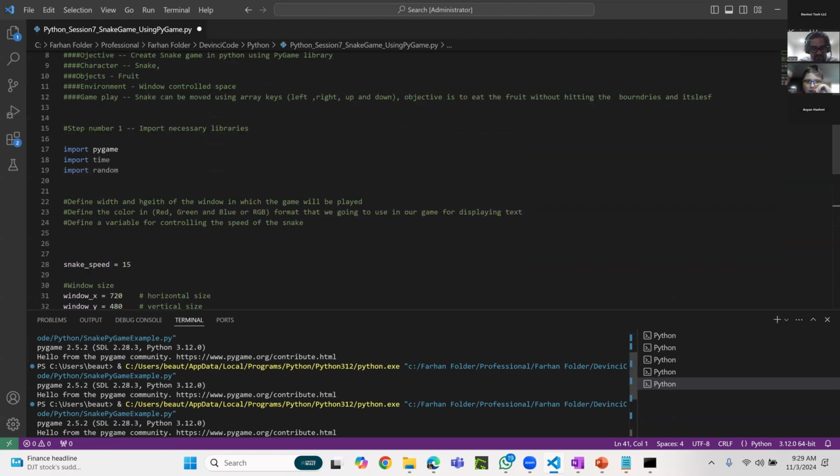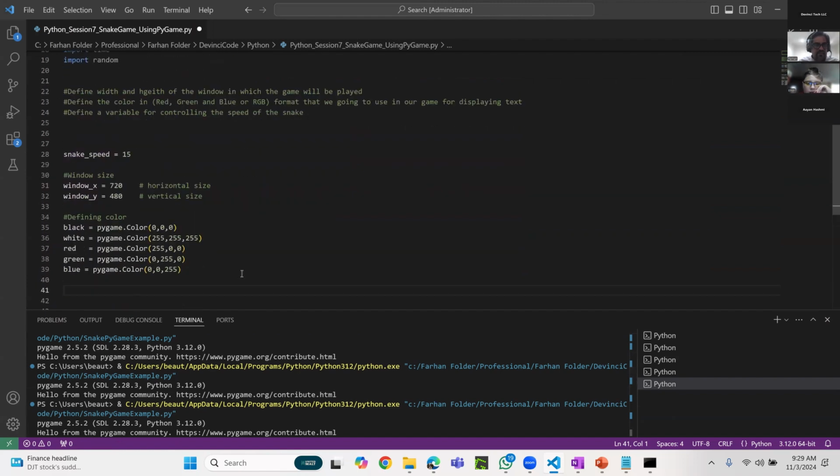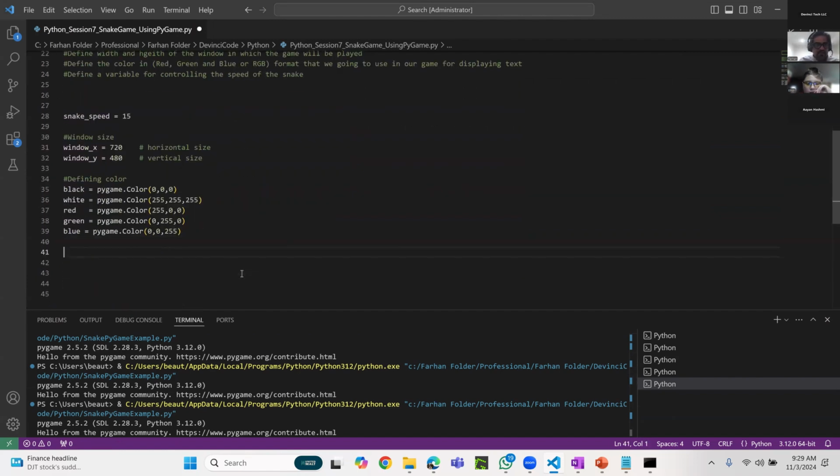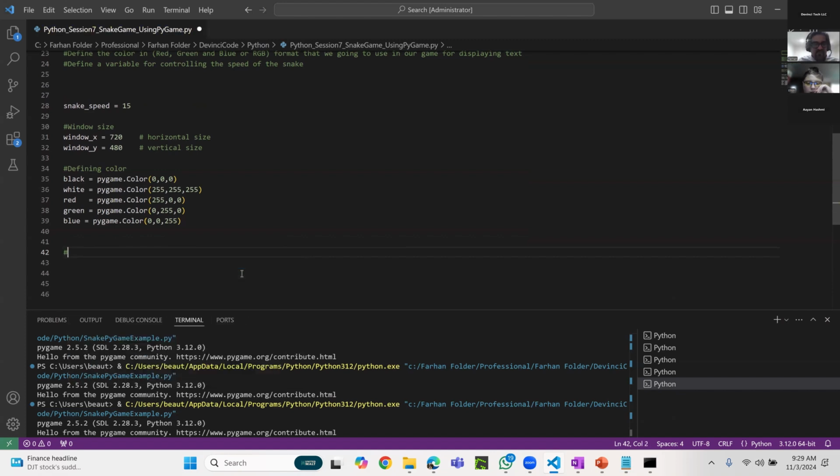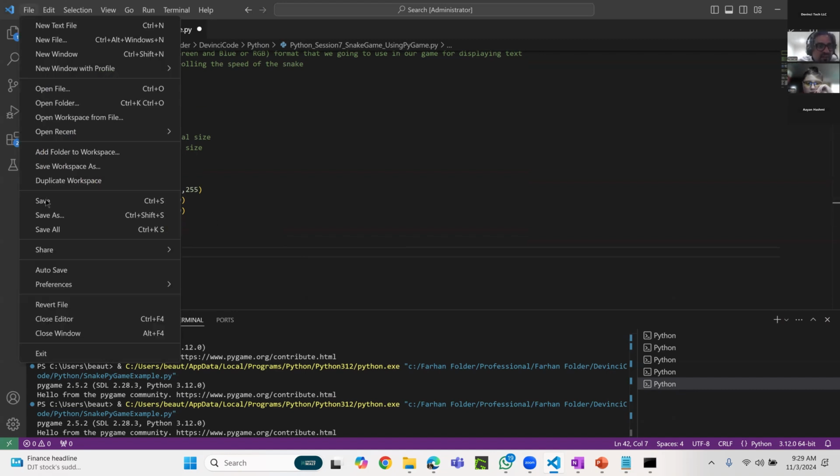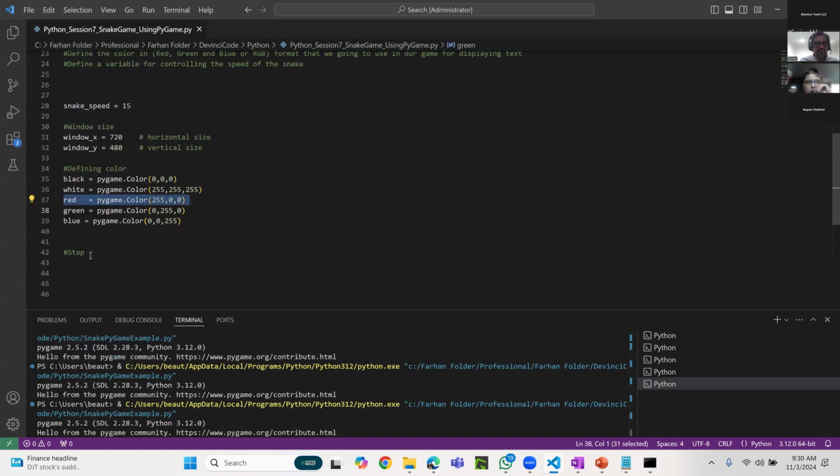Now let's move to our step 2. And all this commenting, again, I'm doing it so we know what we are doing. And remember, always keep saving your work so you don't lose it. It happened to me many times that something happened and I lost my work. Okay, step 2,